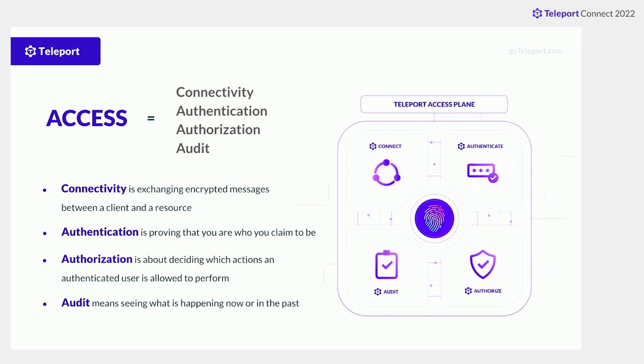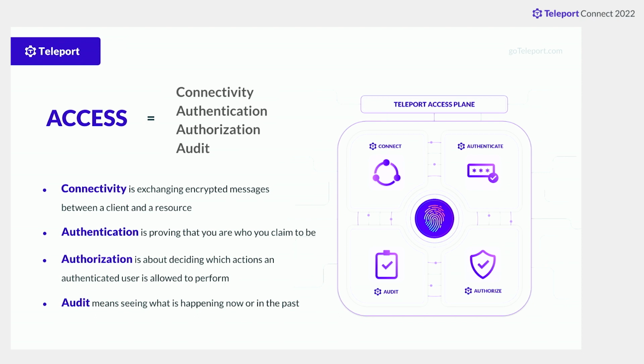So there are open source projects and companies and solutions that do all of these different components of access. But it's actually really hard to find a solution that does all four. It's one of the reasons why we started this company. Now we're all on the same page. We understand what access means. It means these four things. So therefore, if we're scaling infrastructure access, we need to scale connectivity, authentication, authorization, and audit.